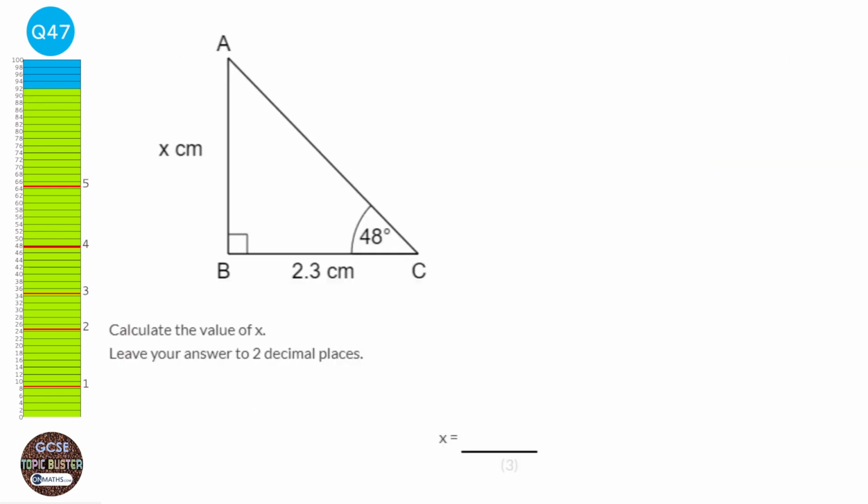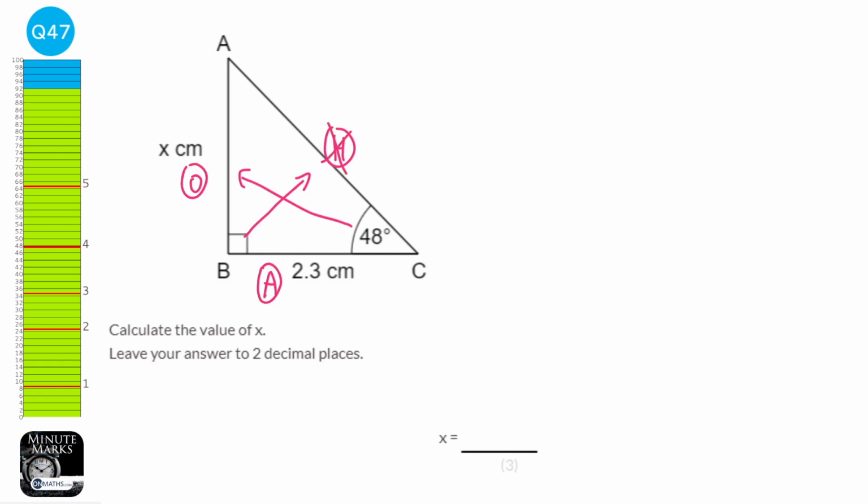So we've got a right angled triangle here, and we've got two lengths and an angle involved in the question. So we are going to be using trigonometry. And the first thing to do with trigonometry is label the sides. So the one opposite the right angle is the hypotenuse, the one opposite the marked angle is the opposite, and the one between the right angle and the marked angle is the adjacent. Now notice that hypotenuse doesn't have a number or a letter next to it, so we're going to cross that out, we're not interested in that. And we're now going to just draw our triangles,